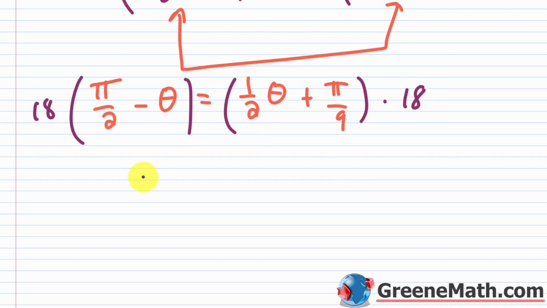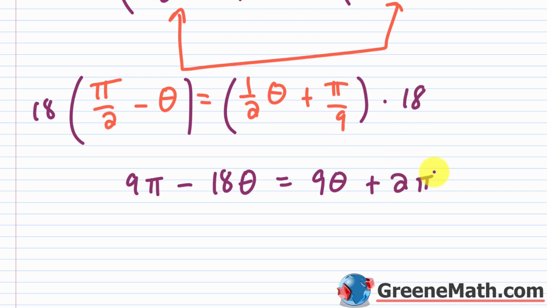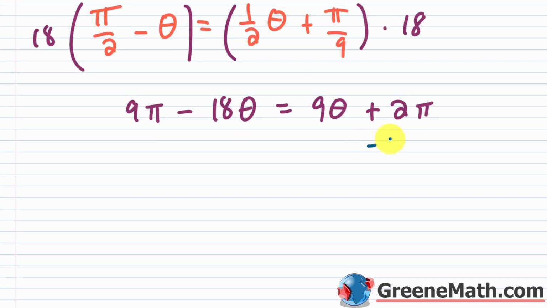So 18 times pi over 2, 18 divided by 2 would be 9, so this is 9 pi. And then minus 18 times theta is just 18 theta. And this equals 18 times 1/2 is 9, so this is 9 theta. Then plus 18 divided by 9 is going to be 2. 2 times pi is 2 pi. So now we don't have any messy fractions, and so I'll just subtract 2 pi away from each side, and